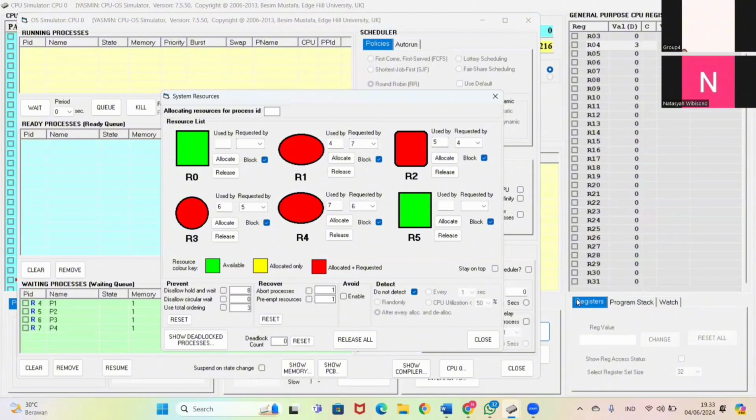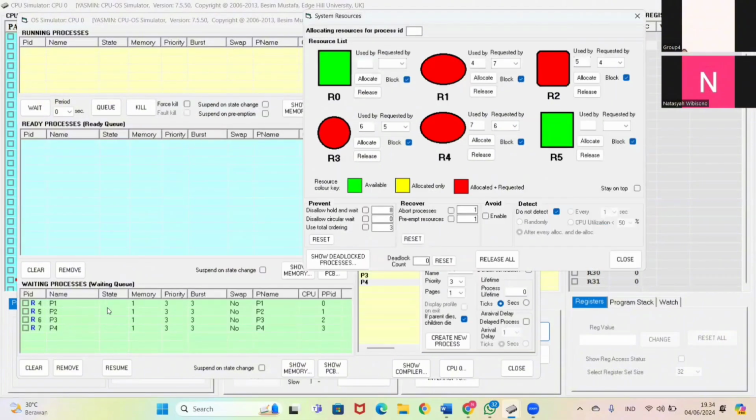Then here we can also choose not to detect. If a deadlock condition occurs, the process will not run, but the system will also not provide any information about the obstacle in the process. For example, we select here do not detect. If a deadlock occurs, then the system will not provide any error information. We enter the program. If we click start, we can see here there is a deadlock condition.